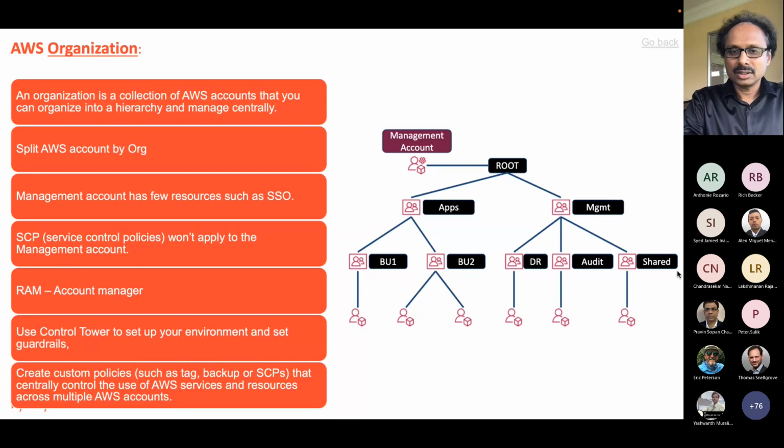The other thing we need to be very careful about when proposing a solution to our customer is how we set up our accounts. It doesn't make any sense for a customer to utilize a single organization for their entire AWS workload. AWS highly recommends using Control Tower to set up the organizations and to identify what kind of service control policies they need to roll out on each of the organizations. For example,